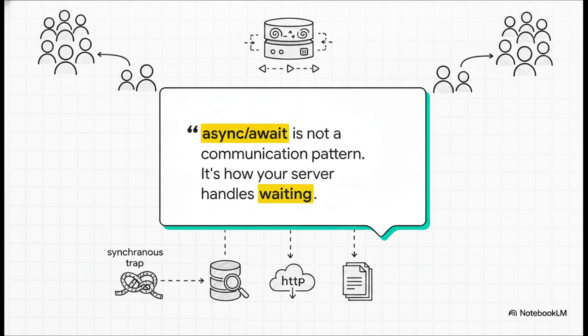Every single time your code hits a database query, an HTTP call, or file read, it waits. Async await just ensures your server doesn't freeze all your other users while it's waiting for those I/O operations to finish. A massive trap to avoid here, calling synchronous libraries inside your async functions. Do that and you block your entire event loop. Keep that mental model clear as we move forward.